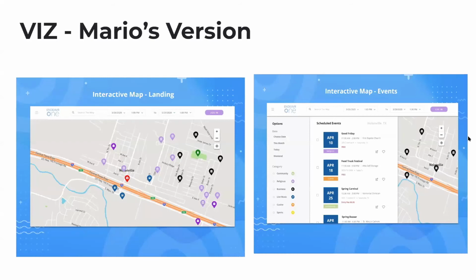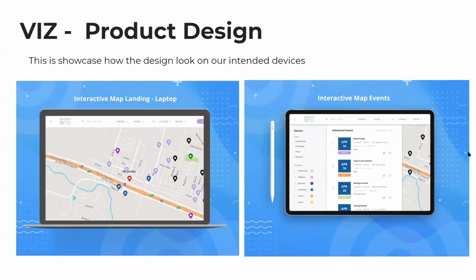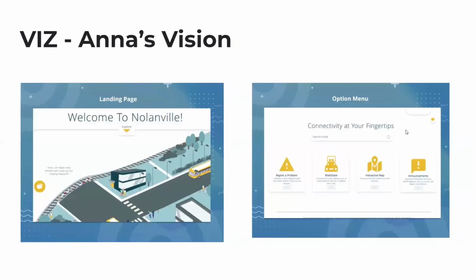In my version, what you are viewing at the moment are examples of how our UI will look. The image on the left showcases our landing page for the interactive map. On the map, you can see different location pings of all the different buildings. And on the black, you can see the live events that are occurring at the moment. When you go to the upcoming schedule, you can see the upcoming schedules that are occurring within the month of April and so on. You can go to the next slide. This slide shows an example of how my product would look on a laptop and a tablet. And you can go on the next slide.